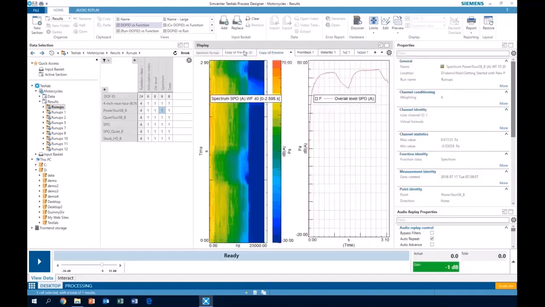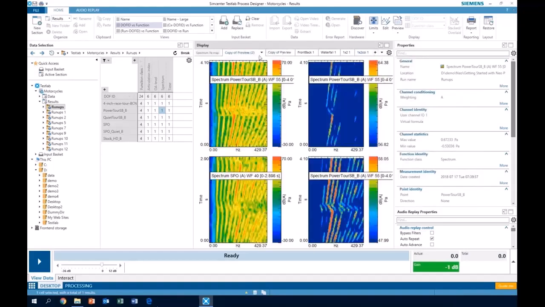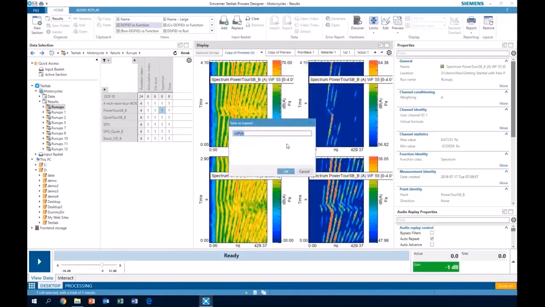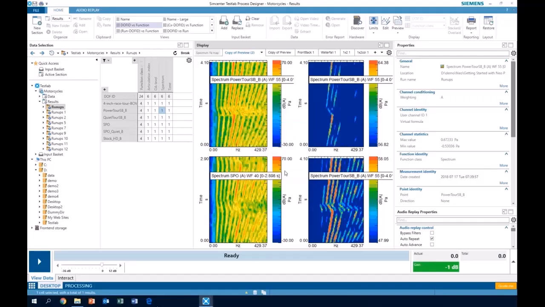Or if I liked my 4 color map thing, I can click over here, save as layout, call that 4 color maps. That will be available to me now in both Classic and in Neo because the layouts are the same. The databases are completely compatible as well. That makes it easy to go back and forth as needed.